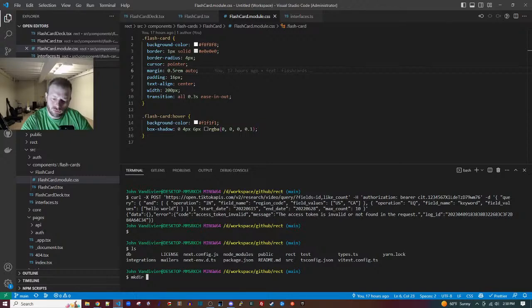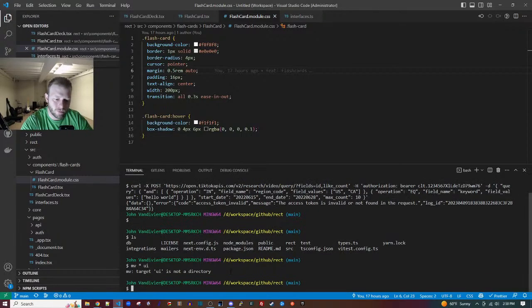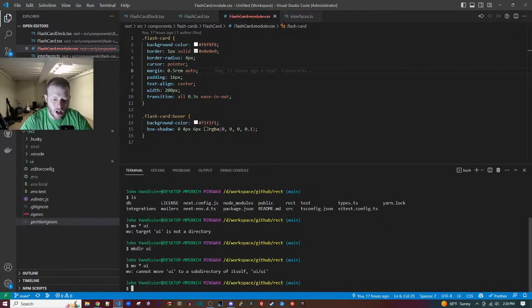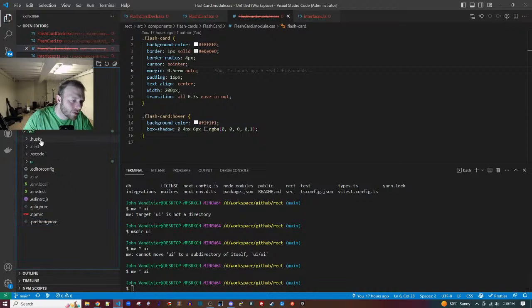Yeah. I think so. So let's move all of this stuff into a folder called UI. So we got Husky.